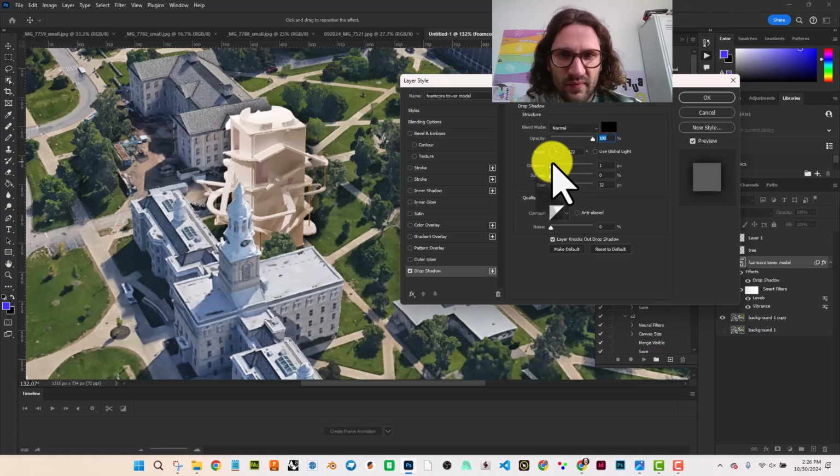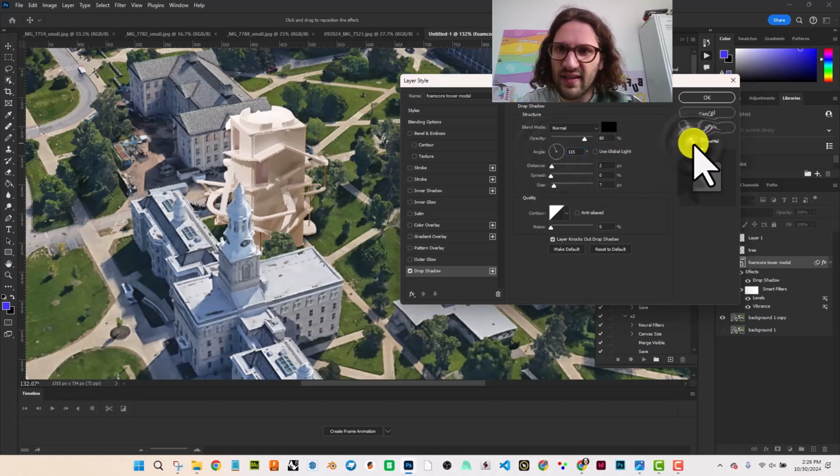You've got some basic parameters here, the size, the distance, and this is the angle, so you can see what it's doing. If I just make the distance a little bit and the size a little bit, and then bring the opacity down,